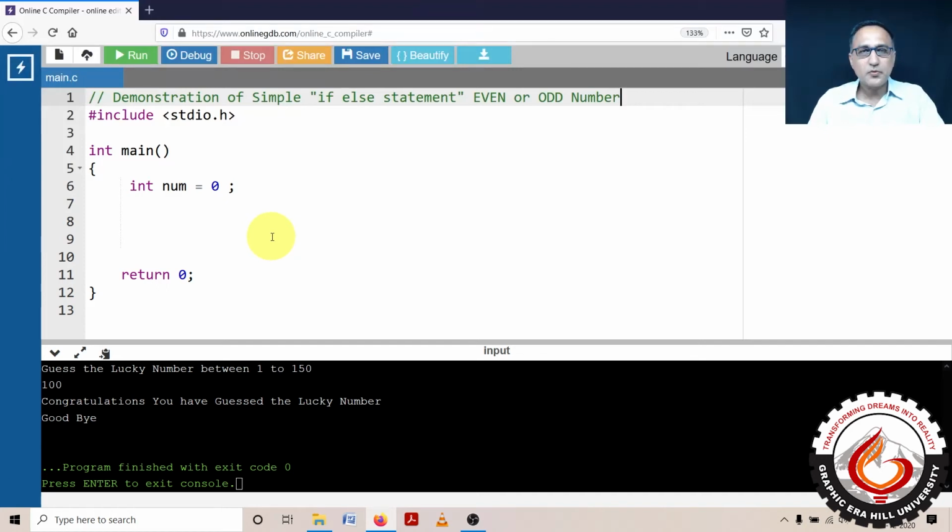Welcome to one more program on decision making. In this decision making program, I'm going to show you the use of the if else statement by means of an example. The example is going to be: I'm going to find out whether a given input number is